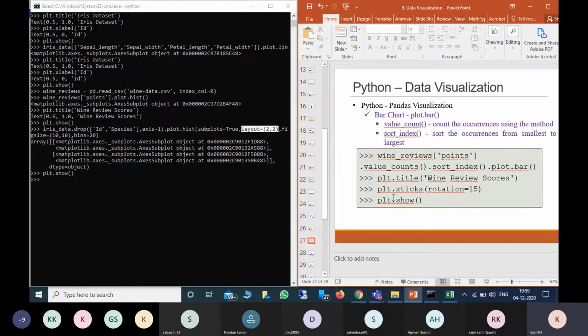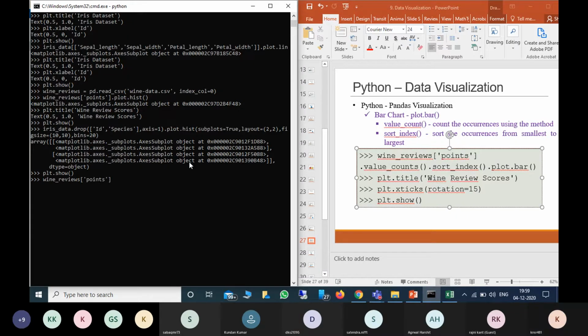So for this one, for example, I am taking wine reviews points. Now here I am calculating how many times each value occurs, because I have to calculate the frequency to plot the bar chart.